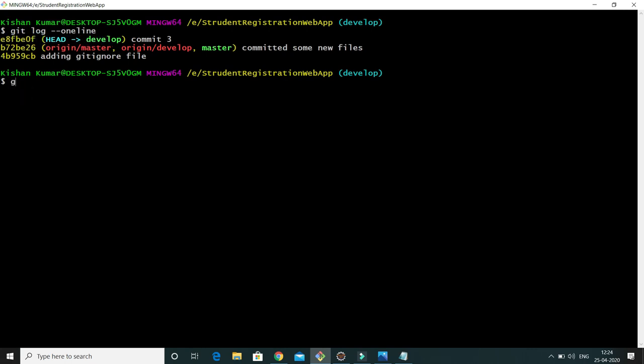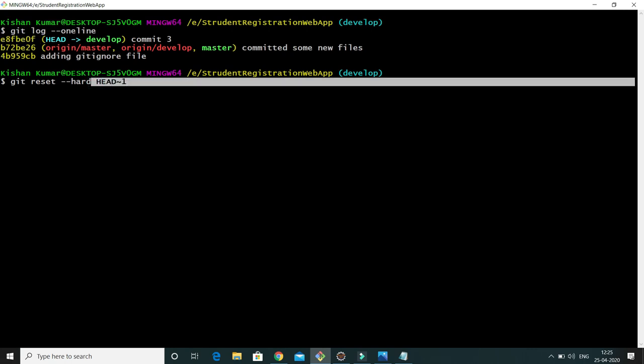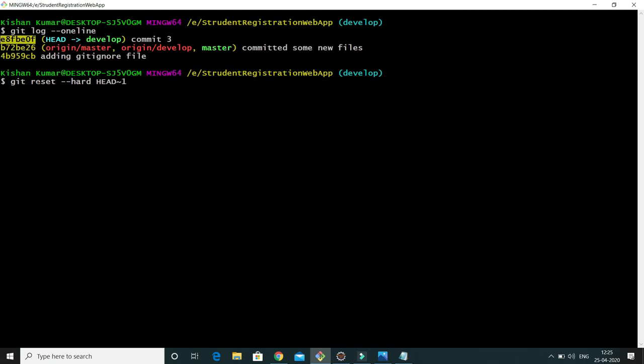So I'd say git reset --hard. Even if you do not specify HEAD~1, still this is going to reset the latest commit.